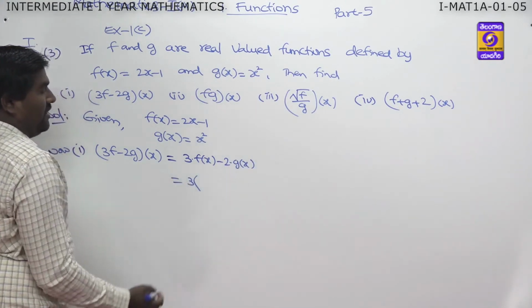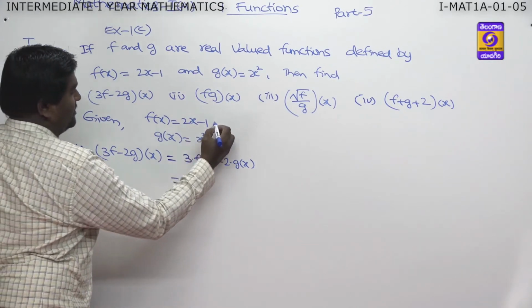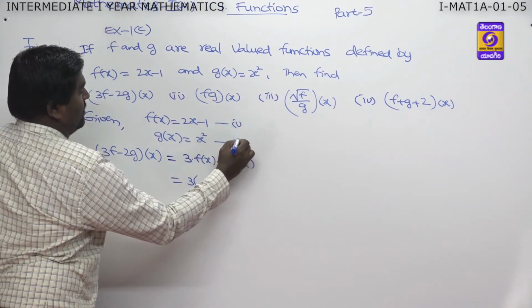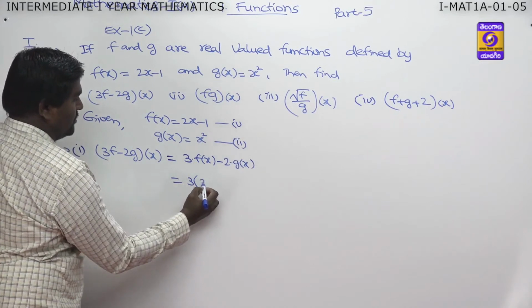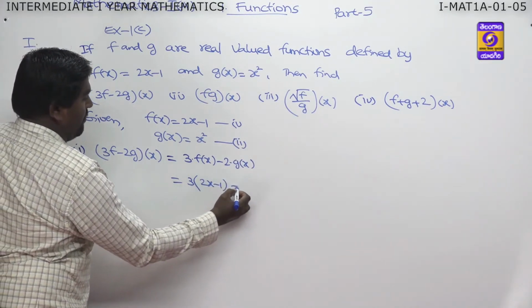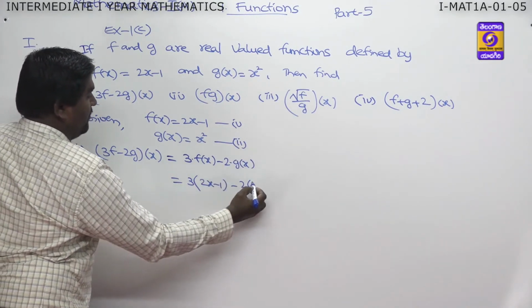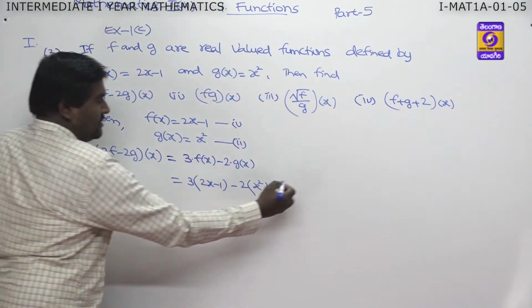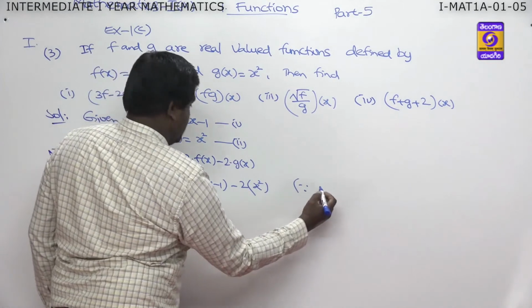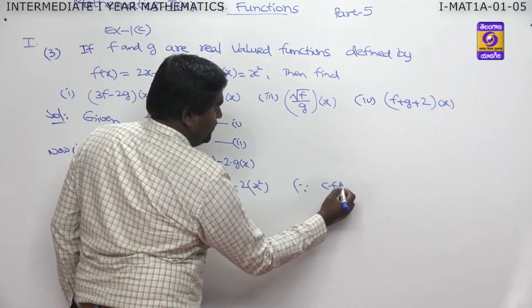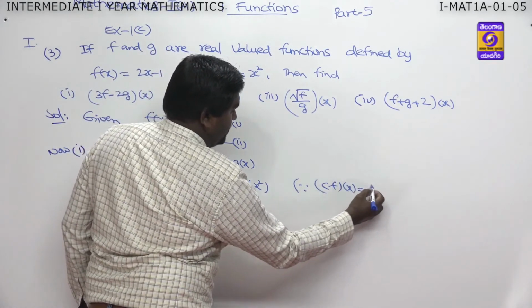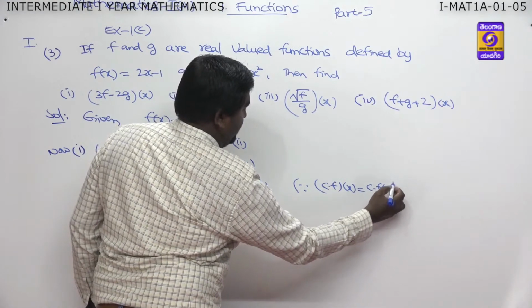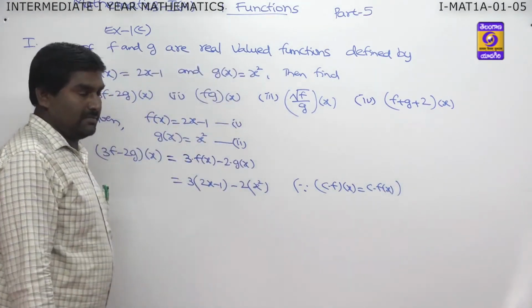3 into f of x. F of x is 2x minus 1. So 2x minus 1 minus 2 into g of x, which is x square. Since c into f of x is equals to c into f of x,